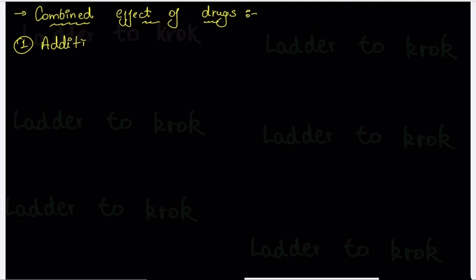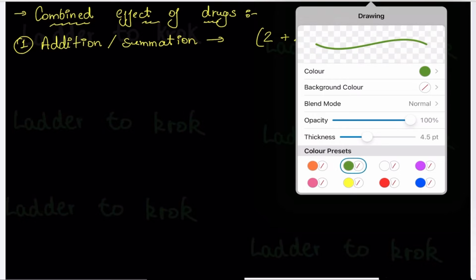addition, or simply this is also known as summation. In this, simply what happens, if you give two drugs together, then their effect will add or sum, like 2 plus 2 is equal to 4. Like we give paracetamol and aspirin together, so their effect works individually and it's like 2 plus 2 is 4. Okay, now the second one is